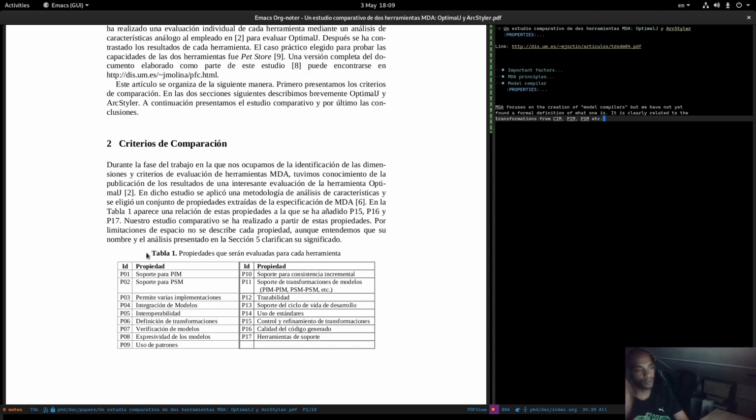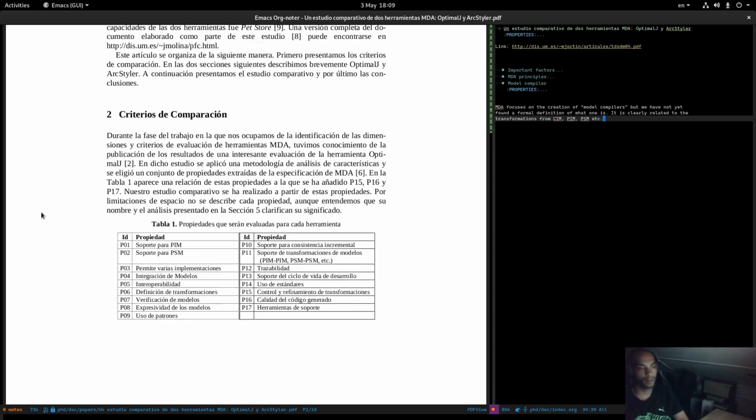So this is very interesting. This study that I mentioned previously gave them a set of properties that they consider to be really core when you're analyzing a tool. And it will be interesting to apply these very same properties in this model of analysis to our own tool, because we are trying to understand where we sit in the ecosystem. They've already done all the hard work trying to define what they think is important in terms of properties. We could take advantage of this and then do our own characterization